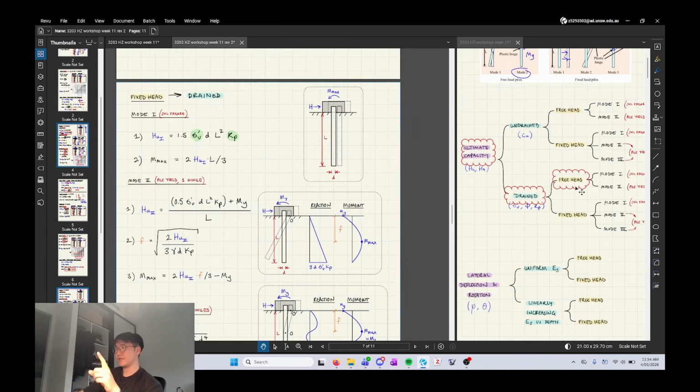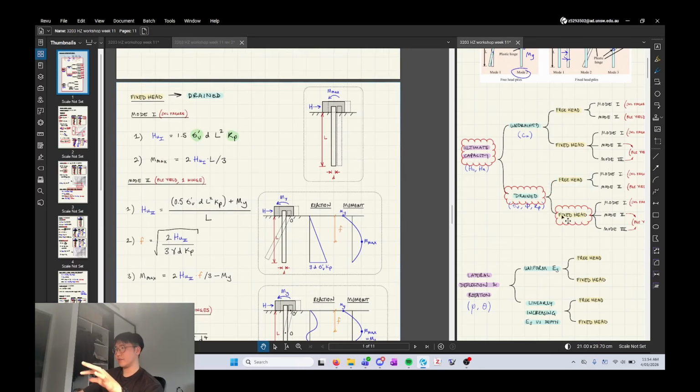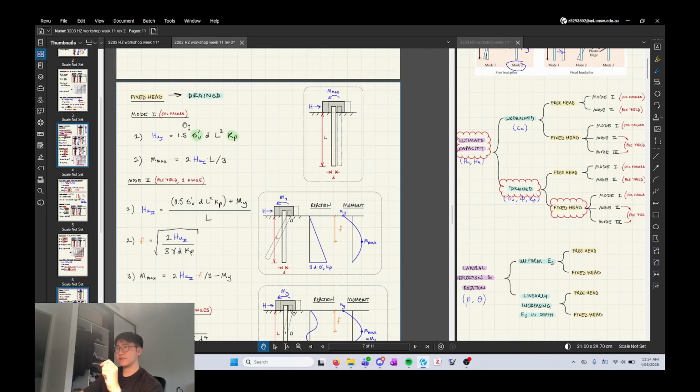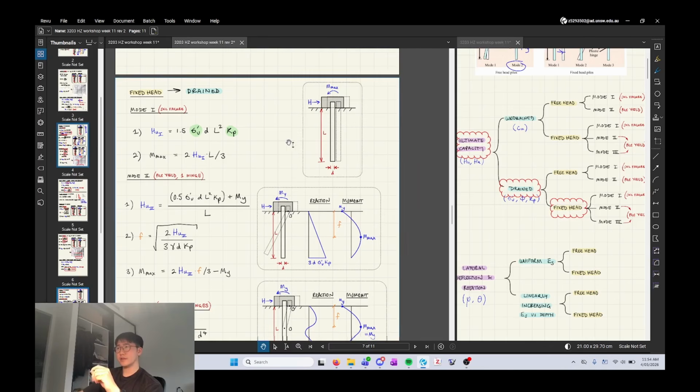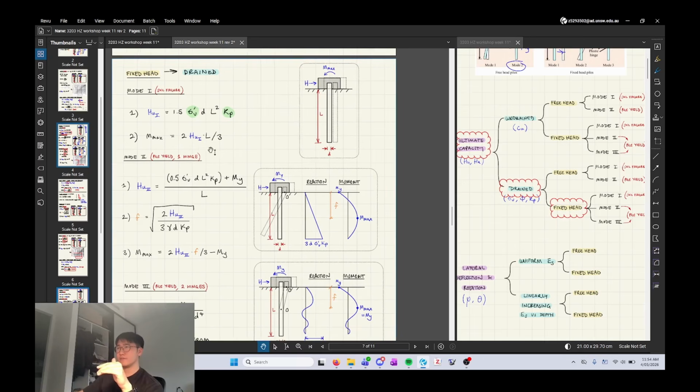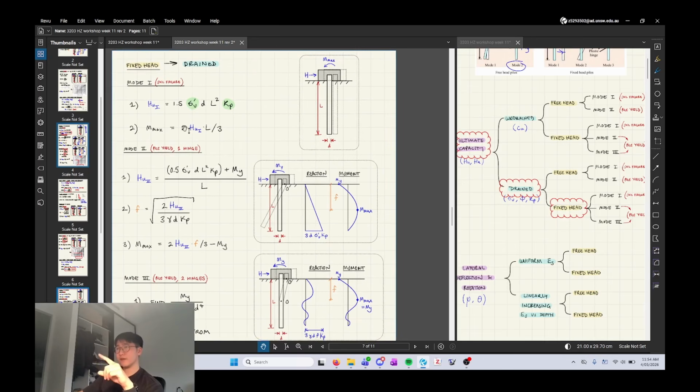Next is fixed head drained. So now we're here on the graph. We'll check 3 failure modes. So the first failure mode, it just follows these formulas. This is just the sliding case, so that's fairly straightforward. And that's soil failure. Mode 2,